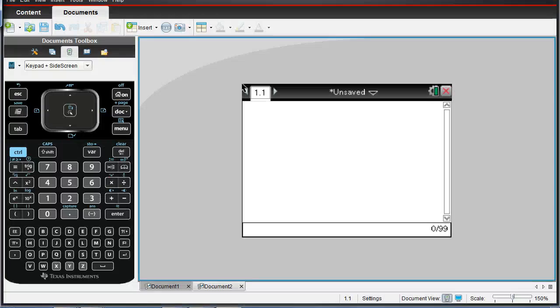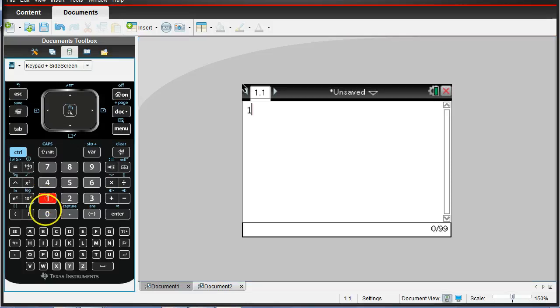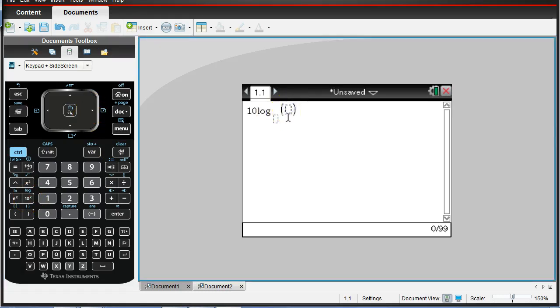Okay, so you should have your calculator on. So we're going to type this in. The nice thing about the CAS calculator is you can do all this in one step. So I'm going to type in 10, and then the log button is above that 10 to the x power. This is a common logarithm, so again, you don't need to put anything down as a base. If you want to, you can. But then in parentheses here, I'm going to type in,